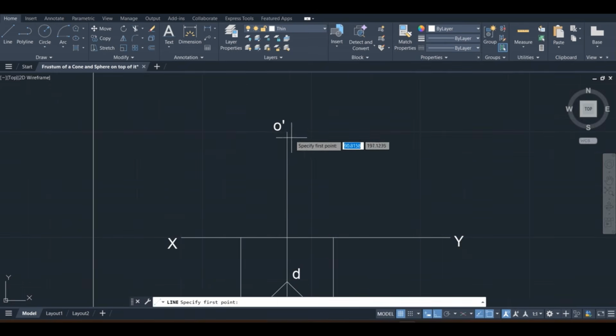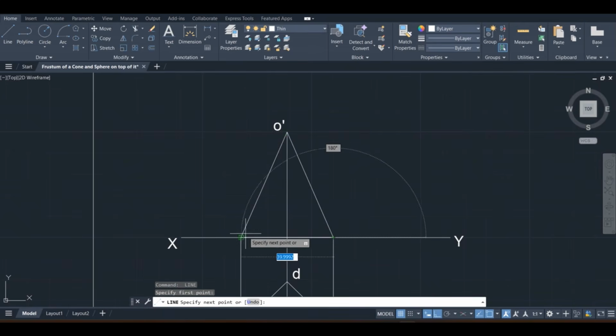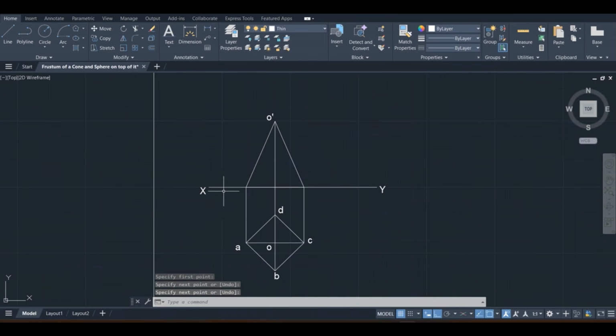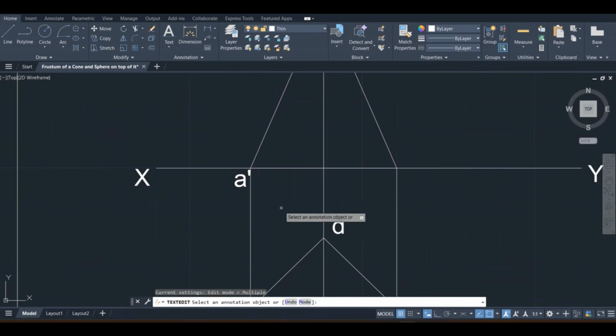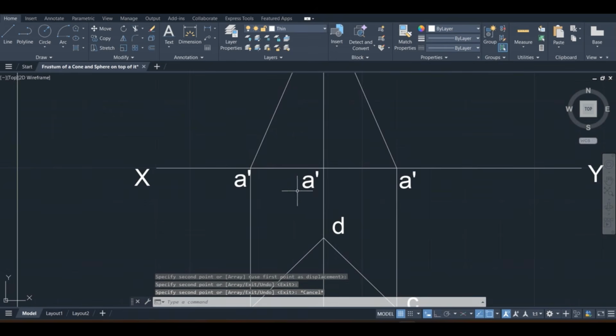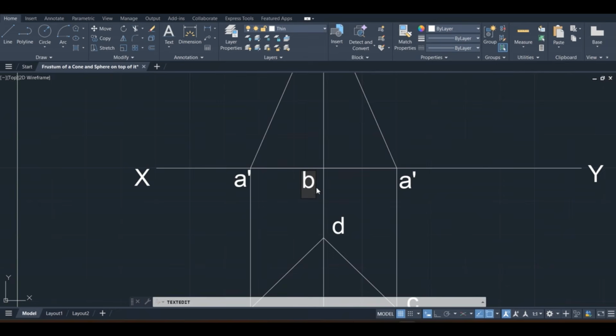Now draw the slant edges. Now give the base points in the front view. This is A dash. So this comes B dash, comma D dash. This is C dash.